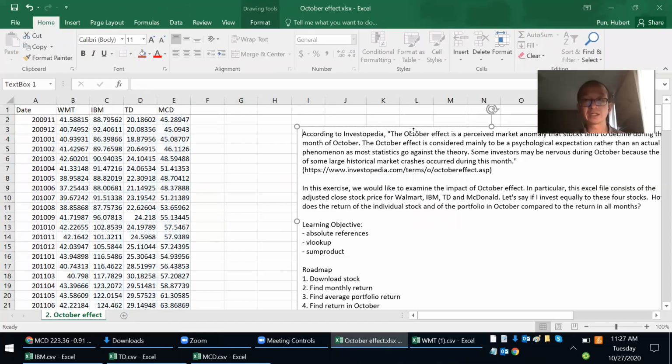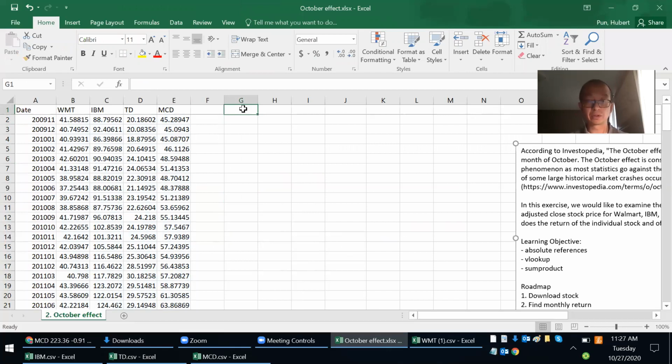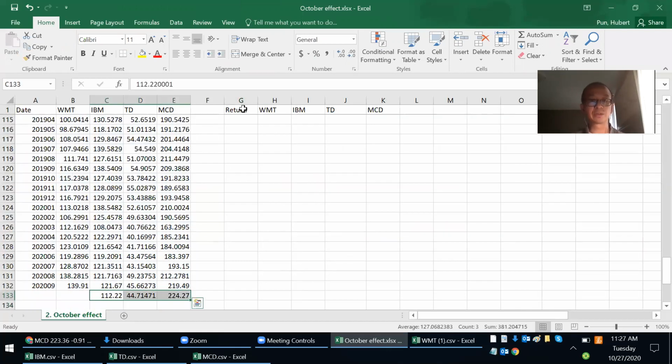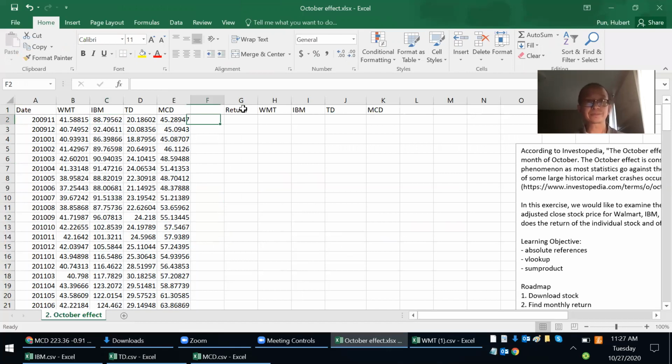Then the next item is to find out the return. Okay, so this is the return of Walmart, IBM, TD, and McDonald's. I mentioned earlier that we are not going to look at October because we have not yet run to the end yet. So this number is the adjusted close in 2009-11, and this number is the adjusted close in 2009